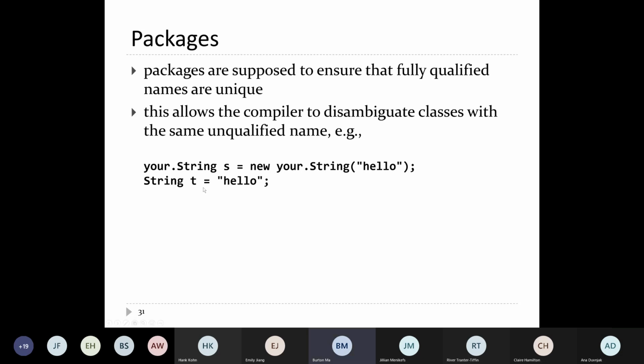For example, if you make your own string class in a package called your, you can use both strings in the same program. When you use your string class, you use the fully qualified name of your class, including when you call the constructor. When you use Java's string class, you just use the name string. I suppose you could, actually you can't do the alternative in this example,